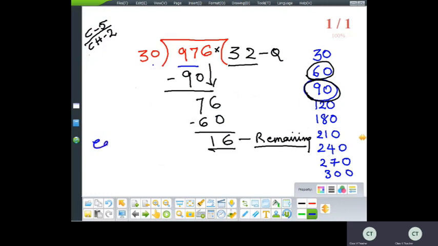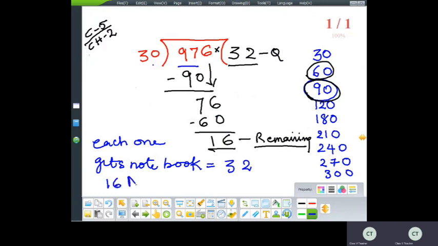So each one gets 32 notebooks, and 16 notebooks remain without distribution,